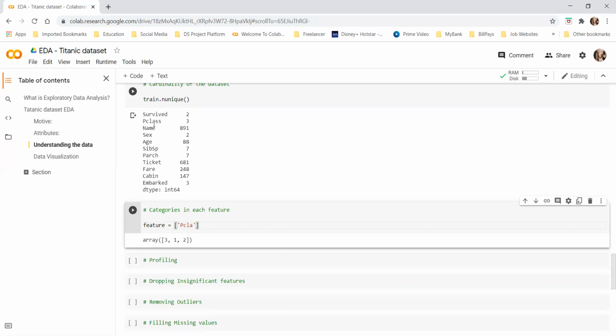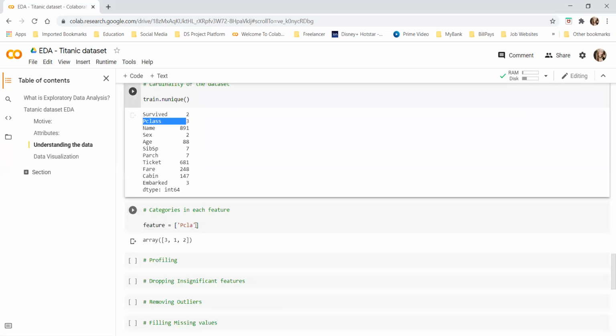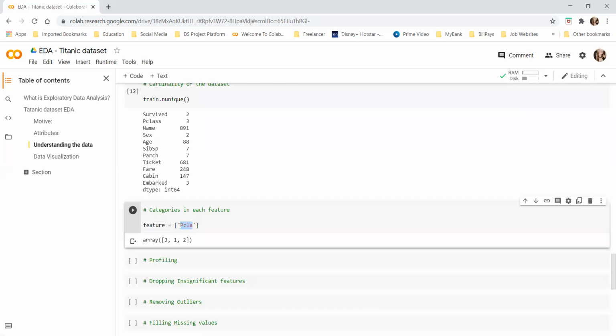So just copy and paste it. It has a lot of space here. So P class would be the one, and then age and sex, and then fare,